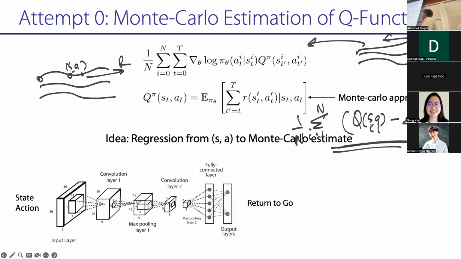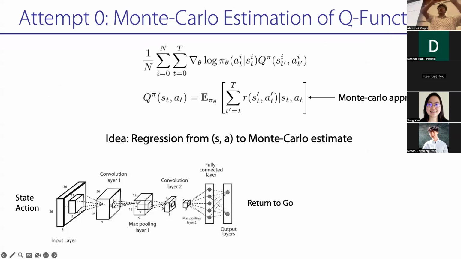So what's the challenge with this? Why don't we do this all the time? Yeah, you have to get complete trajectories, and you have to do it from your current policy again, right? So it's still on policy, and it's still high variance because all the trajectories are still tied together, right? It's lower variance than the previous thing, but we can be even lower variance. And so it's unbiased, but it's going to be high variance and it has to be on policy, right? Because Q-pi is under my current policy, I can't use arbitrary old data.